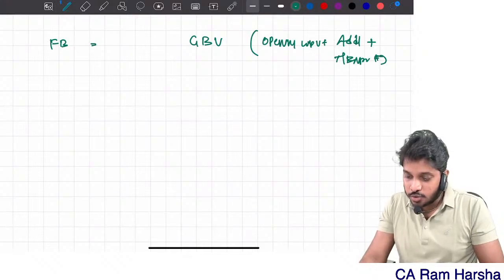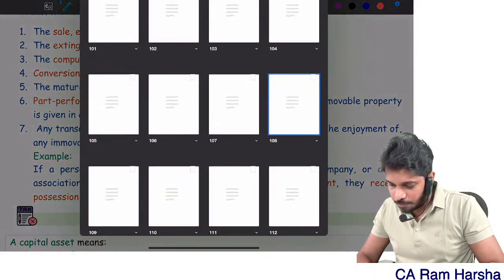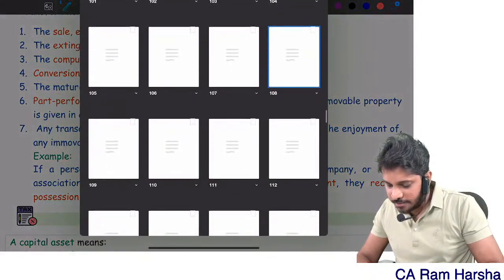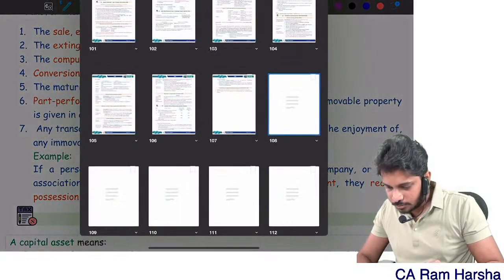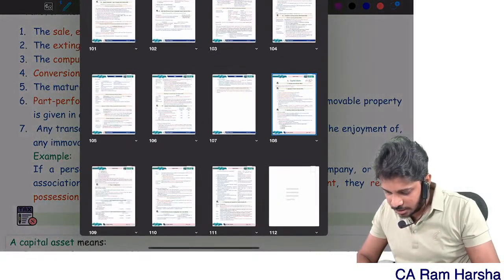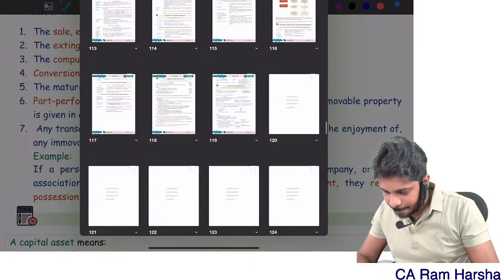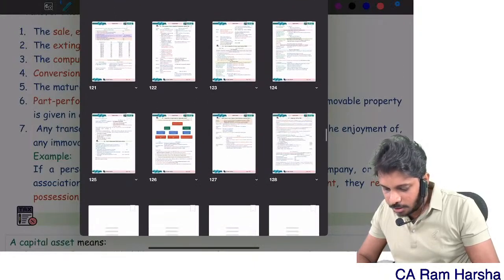This point I have already given you in the book also. In the book also, I have clearly given you this point. Just a minute, it's loading. Yeah. You see here,